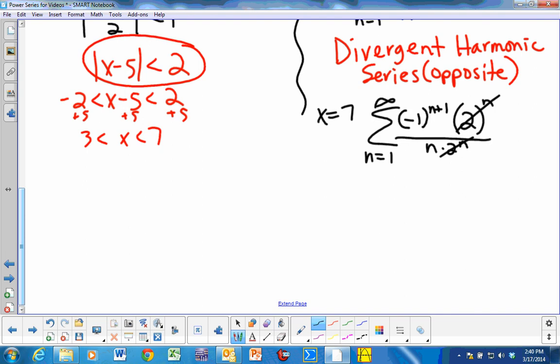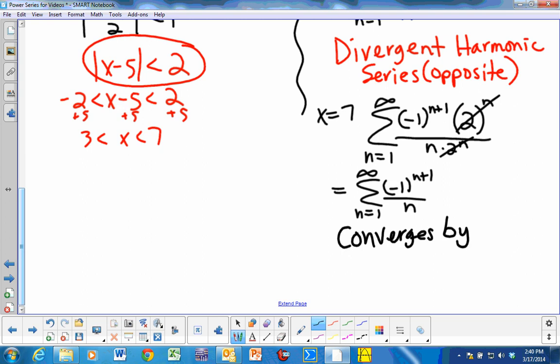Well, 2 to the n over 2 to the n, so you're going to end up with an alternating series. Remember that an alternating series is really easy to show convergence. You just show that 1 over n, ignoring the negative, goes to 0, which is true, and it's certainly decreasing, which is true. So this converges